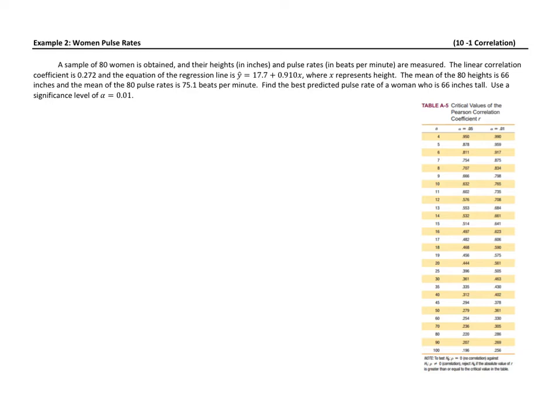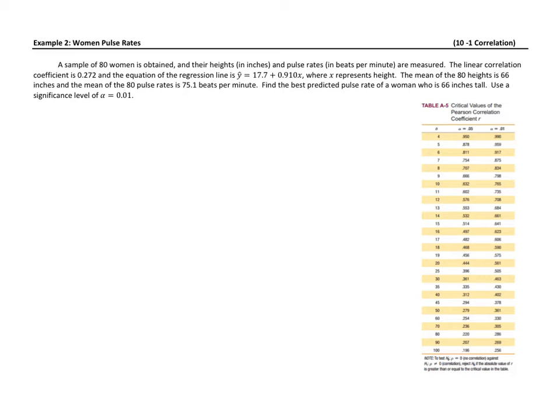In this example, we're going to take a look at the pulse rate for women, and we're going to try to see if we can predict the pulse rate of a woman who is 66 inches tall. So in a particular sample of 80 women, we got data on their heights and their pulse rates. So here we know that we have ordered pairs of data, and we're told that the linear coefficient